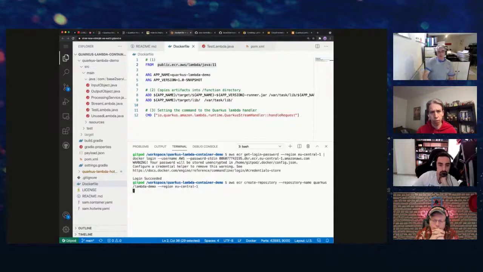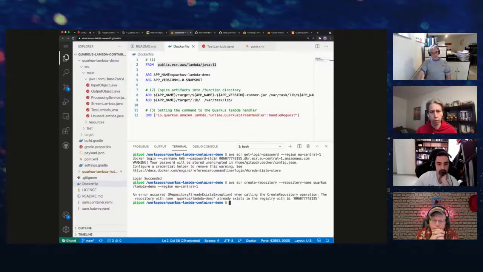Here it is. It's telling me that it already exists because I already created it, because I didn't want the demo gods to fail me and have my credentials expire or something like that. So I already have this image created in ECR. This is the repository where the container is going to live. And then from there, I can push my image, right? So I can just do a